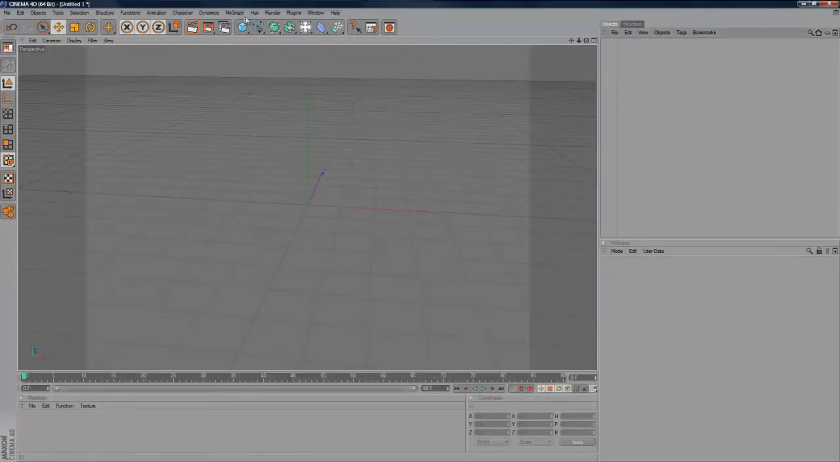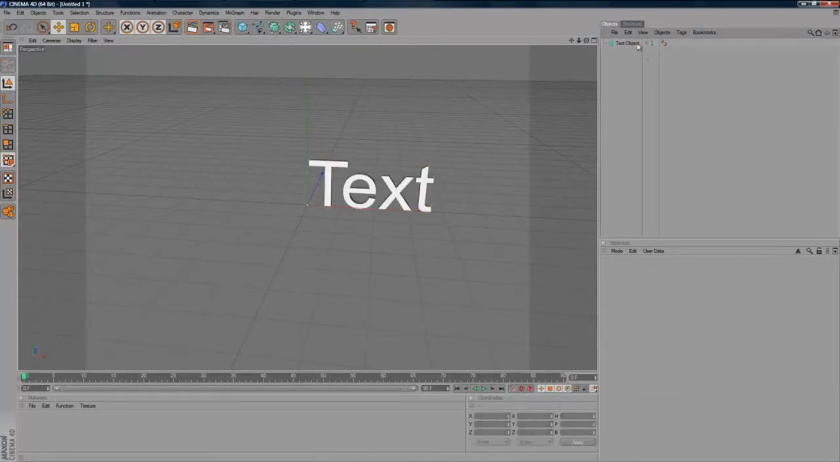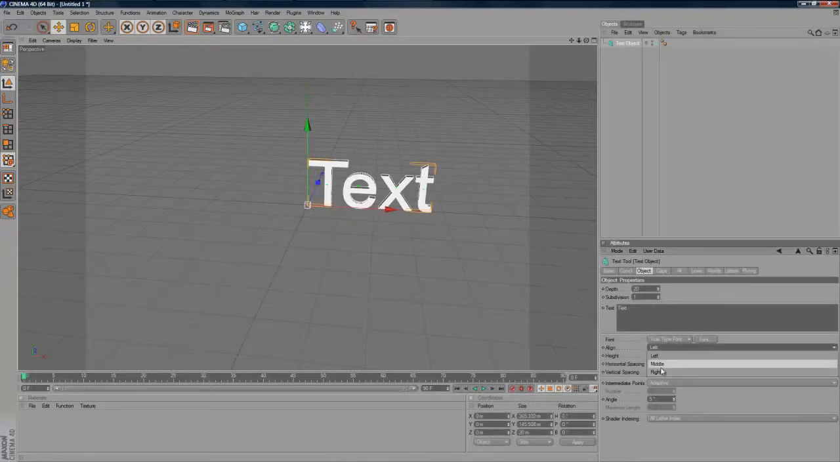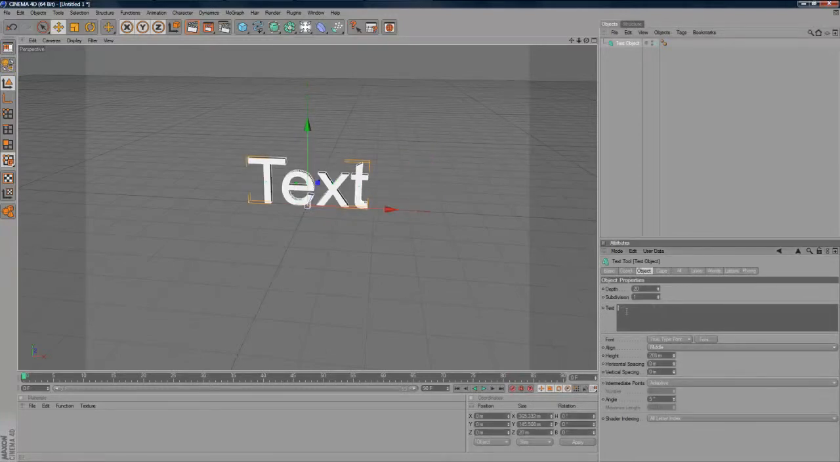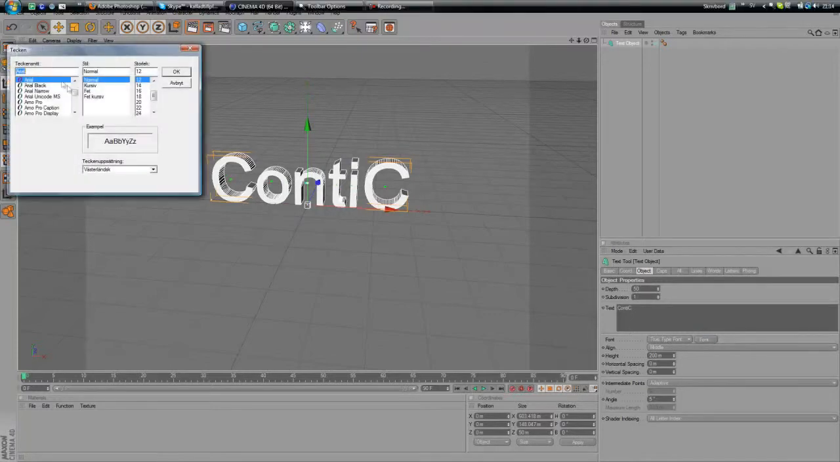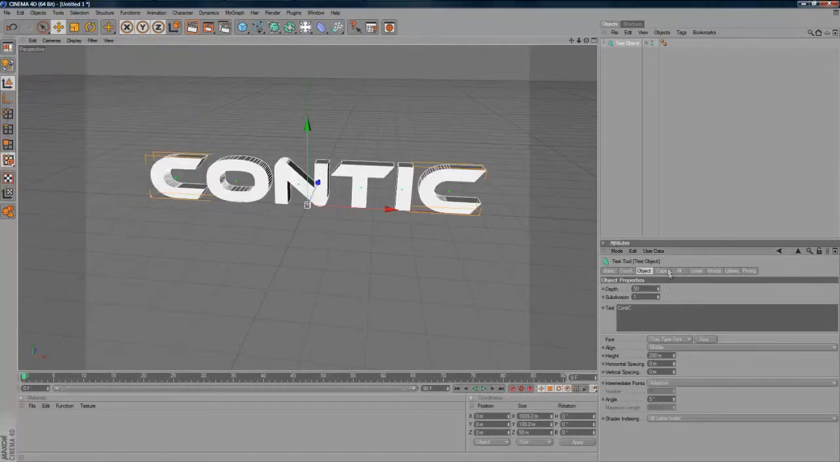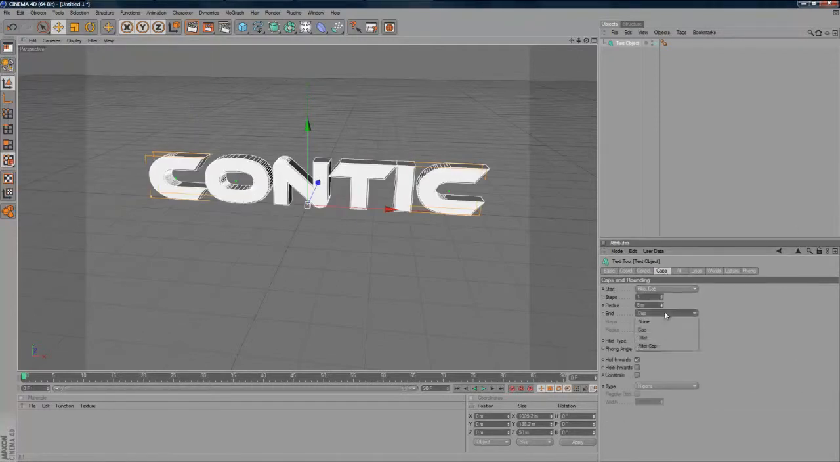So what you're gonna do first is you go to MoGraph and add a new text object. I like to align it to the middle, but you don't have to. And then change the text to whatever you want. I'm gonna change the depth to 50, and I'm gonna change the font to my favorite one called Ethnocentric. Okay, and then I'm gonna add some fillet cap as well,